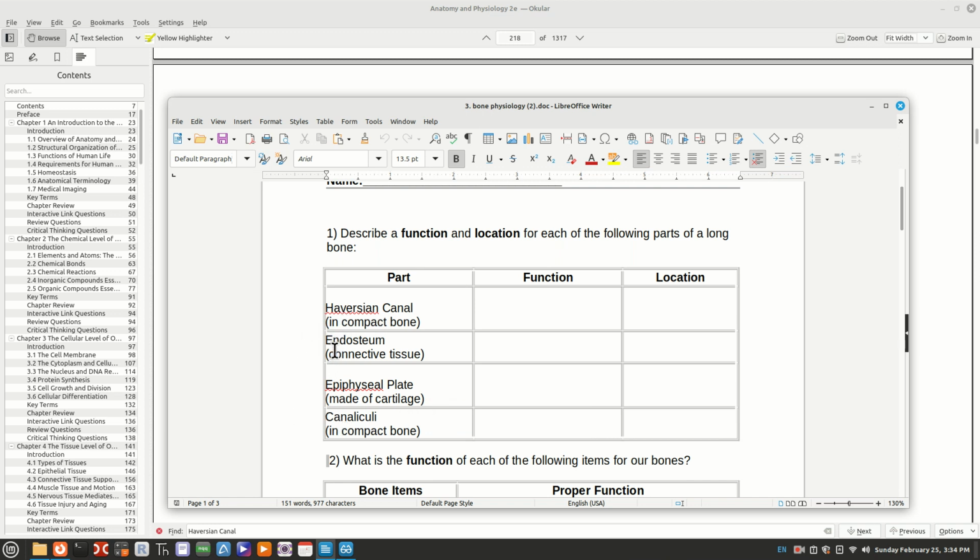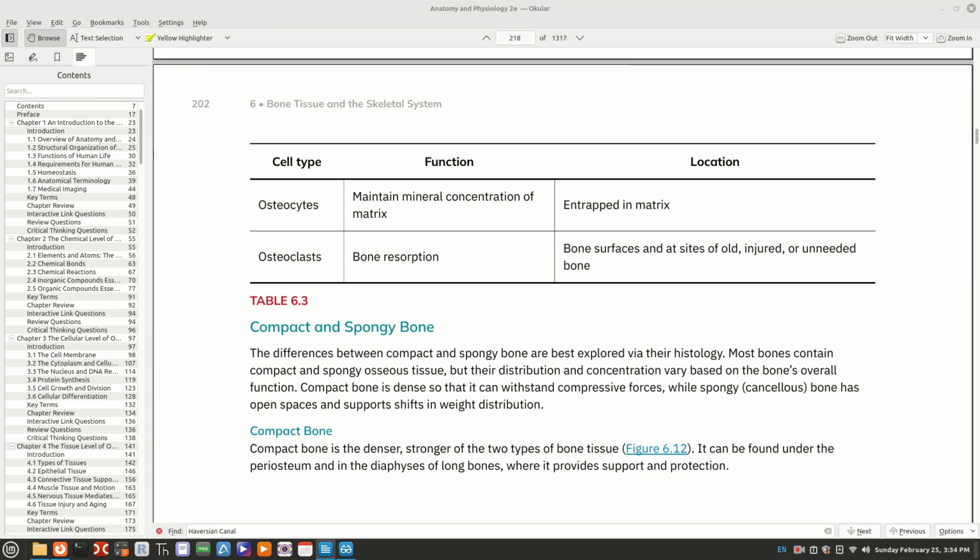The other, in the endosteum, is connective tissue, and the epiphyseal plate is made of cartilage. So these are different. These are made of compact bone. So we're going to look at these two first. What I'm going to do is I've located them in the